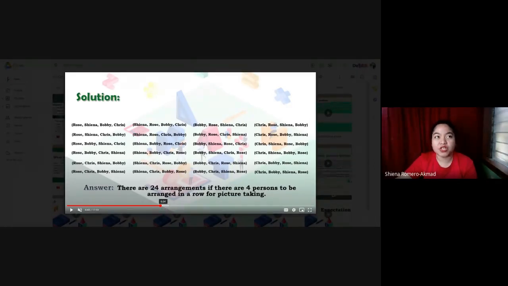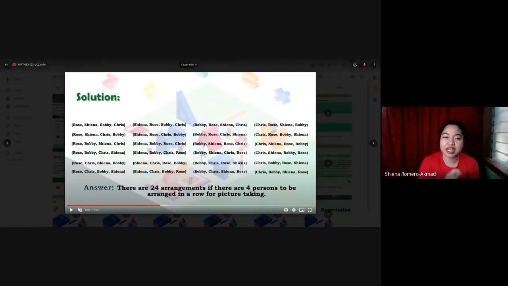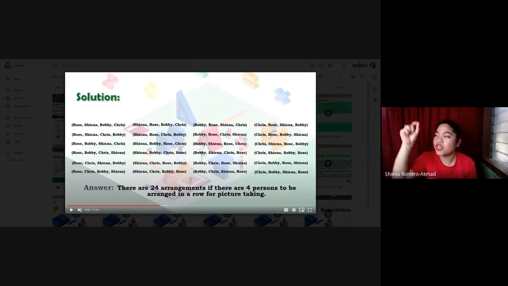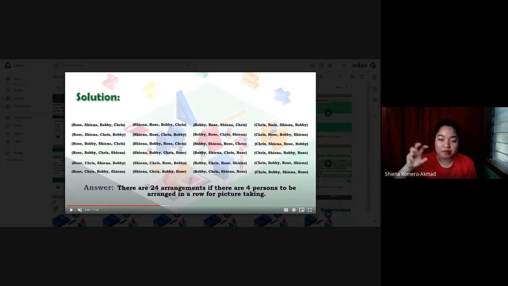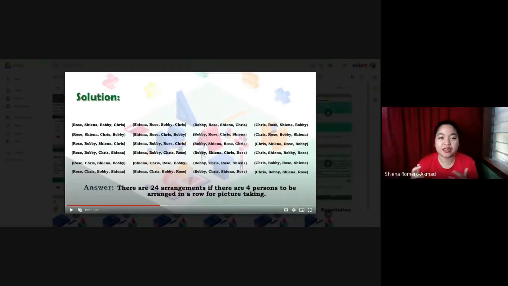Of course, as you can see, medyo mahaba yung proseso. Ililista pa natin isa-isa, mag-arrow diagram pa tayo, i-arrange pa natin yung mga arrangements na nabuo natin, and so on. So it will take us a lot of time para ma-solve lang yung isang problem. So ang question dito, of course, we are now in math. Math makes everything simple. Nagmumukha lang siyang komplikado kasi nahihirapan most of the students. Pero actually in math, it makes things simple.